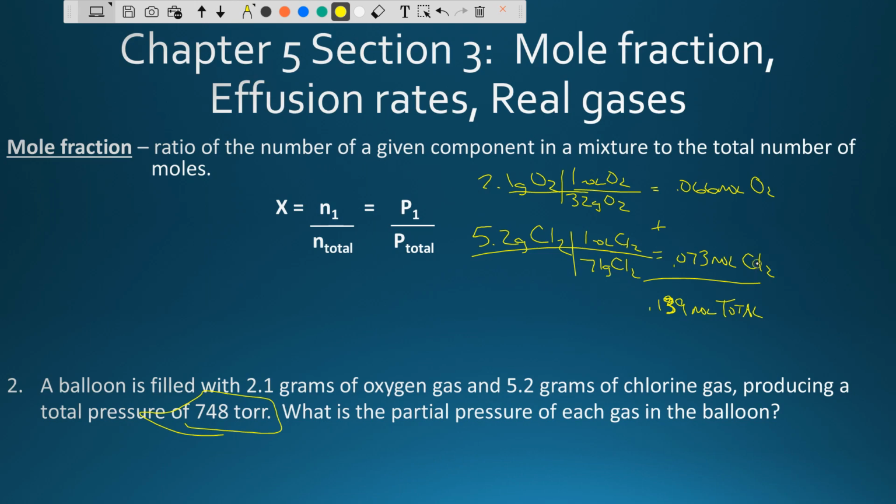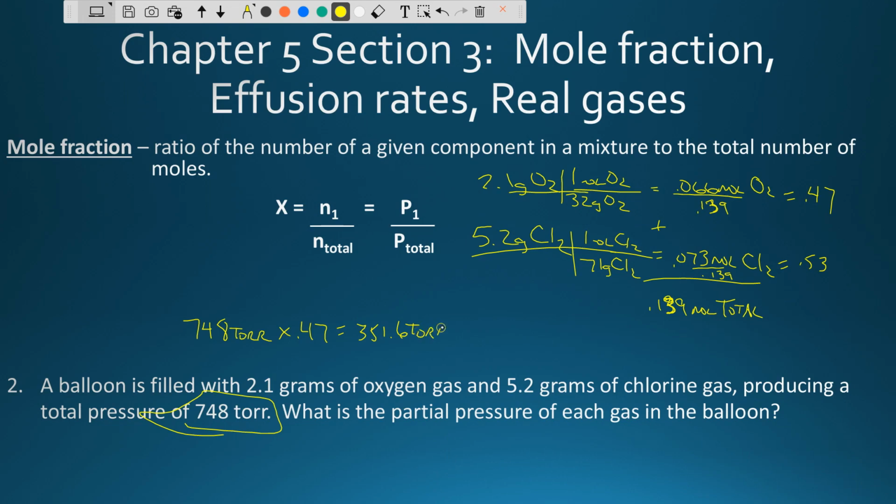So if I divide my 0.066 by the total number of moles of 0.139, I see a mole fraction of 0.47. If I divide my 0.073 by the 0.139, the mole fraction of my chlorine is going to be 0.53. Remember, these guys are going to add up to 1. So what I can do is I can then say, whatever this is, the fraction of this system is going to be 0.47 oxygen. I can simply take my 748 torr times the mole fraction of oxygen of 0.47, and I would get my